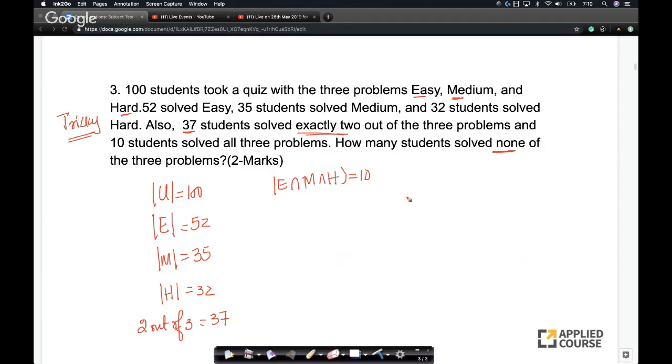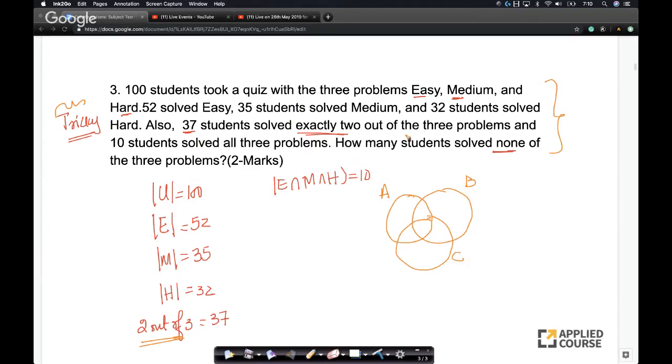Let me draw and explain. Let's assume I have 3 sets here. You can't use the simple principle of inclusion and exclusion here, because it says 2 out of 3 are here. Let's work it out carefully. This is a slightly tricky problem, not a hard problem, and you have to be careful. Many people I've seen simply apply the principle of inclusion and exclusion and mess it up.